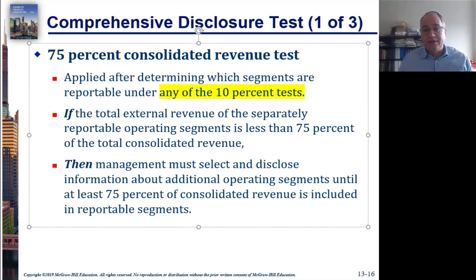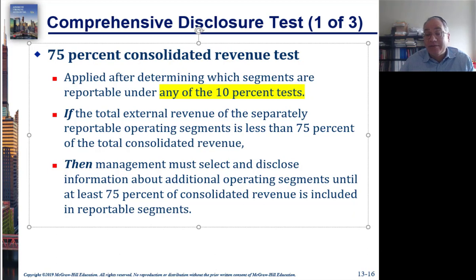So what's going to happen here is that, again, you do the three tests, and if any of the segments meet any of these three tests, it's considered to be reportable. Then you add them all up, and you add up their external revenue, and you compare them to consolidated revenue. And if it's more than 75%, you're good. Those are your reportable segments, and then everything else is going to be lumped into other. But if it's less than 75%,